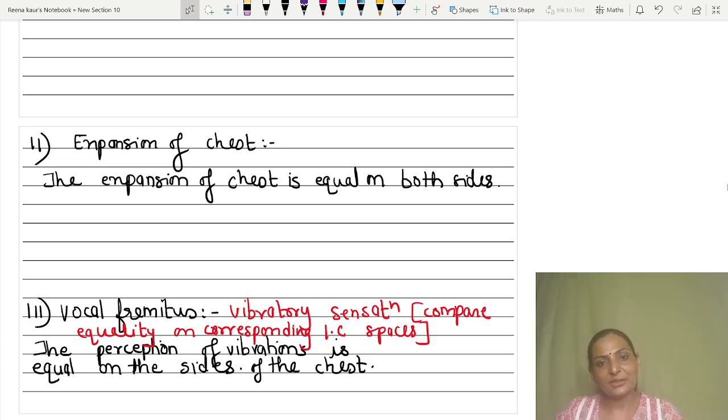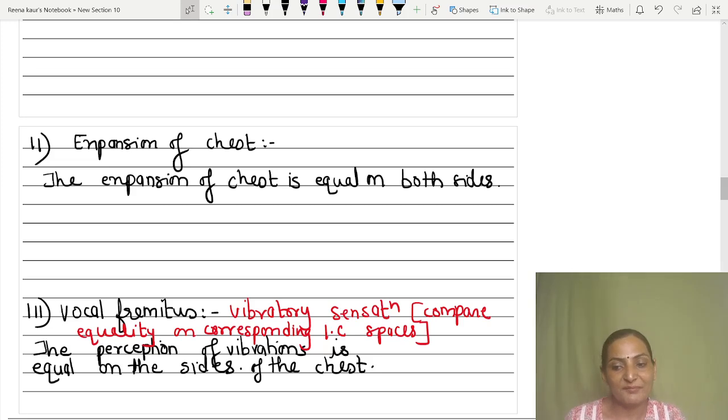Again, with one condition affected, like one side there is pneumothorax or there is fibrosis, the expansion of that side of the lung will be affected. But when you are saying it, the expansion of the chest is equal on both sides. Then vocal fremitus. What is it? You ask the subject to say 1 1 1 1 or even om om om, 99 99 99, such things, and you keep the ulnar aspect and you compare it on both sides and in all the areas of the lung. And remember, when you are looking towards the back, keep your hands in front, and when you are looking towards the axillary region, keep the arms over the head, which is very commonly forgotten by the students.